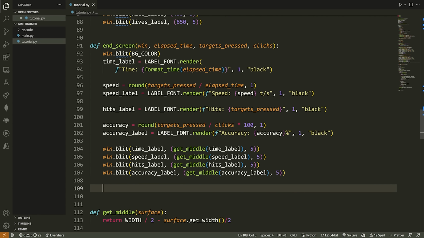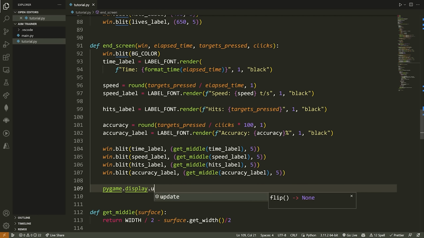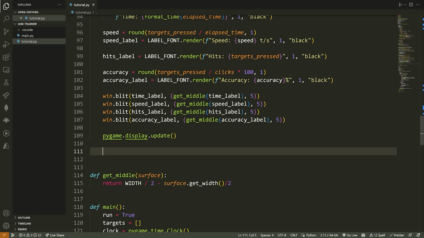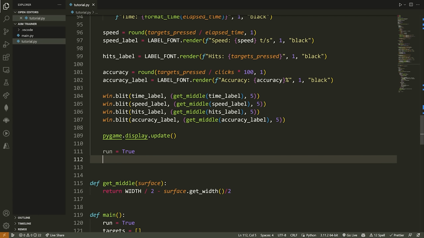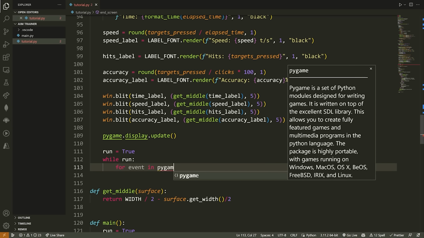However, what I want to do is have it so it kind of pauses until the user presses something. So what I'm going to do here is I'm going to manually update the screen. So pygame.display.update. I'm then going to run a while loop in here that will wait for the user to press something. Once they press something, it will then close the screen. So I'm going to say run equals true. I'm going to say while run. I'm going to say for event in